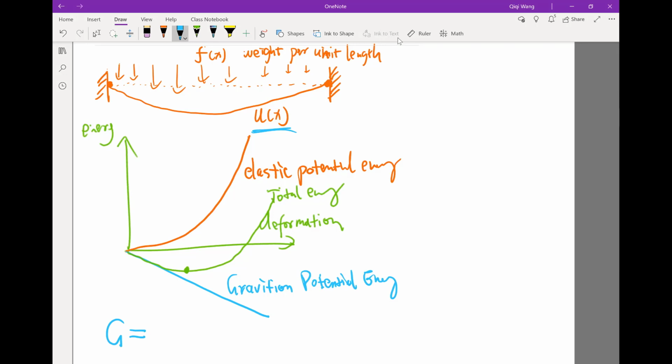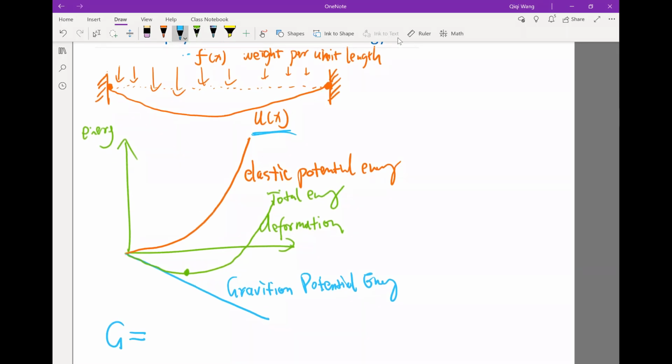Maybe rho g u. Yeah, it's a rho. Right, if you say F is equal to rho x times g, that's right. So basically it's rho g u, the gravitational potential energy. If rho is the mass per unit length, then it's going to be the integral, let's say this is 0 and this is 1, from 0 to 1 of